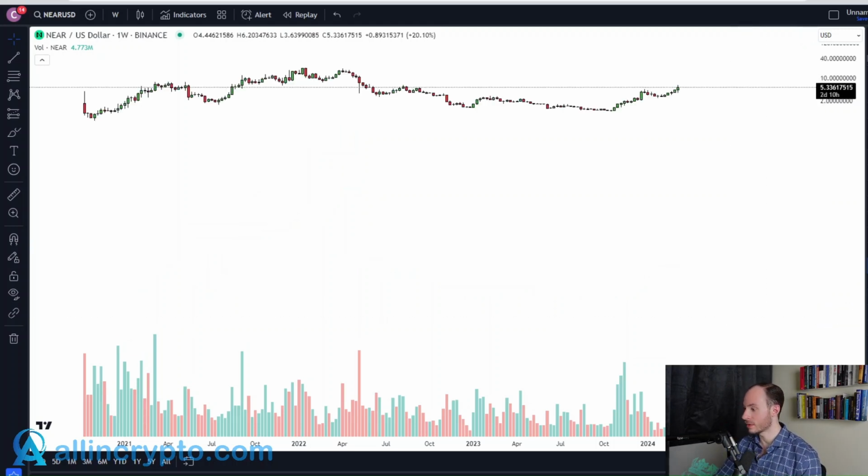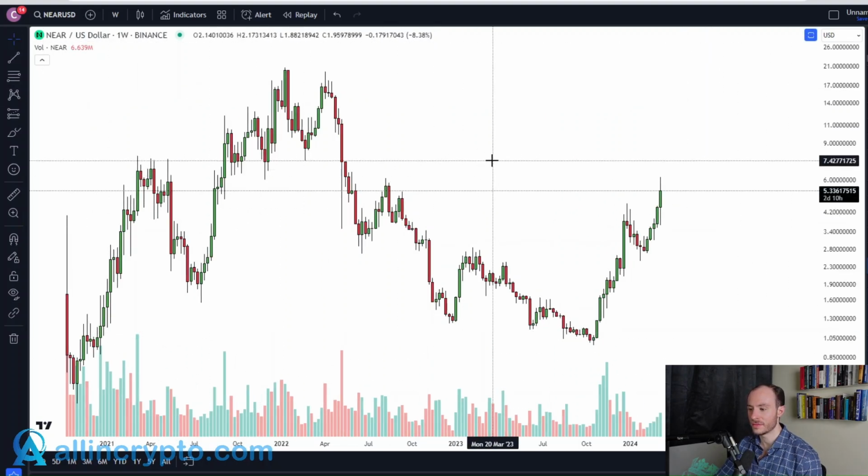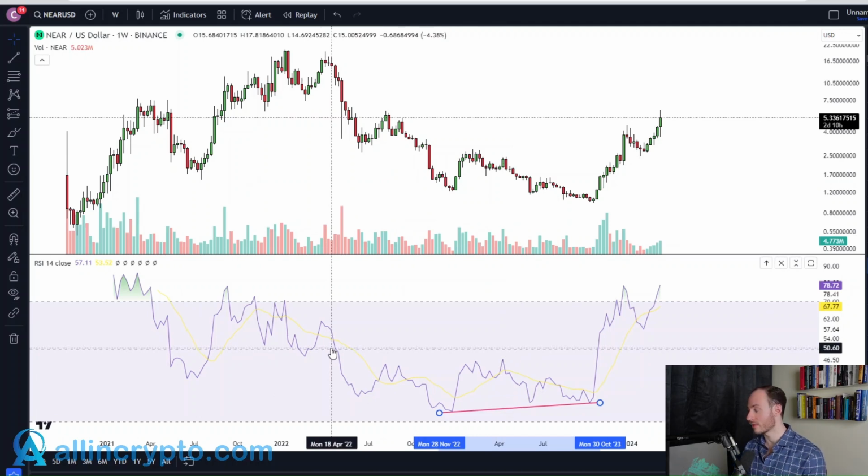So let's put it on log. I always find that looking at a chart on log does help us. Now, the first thing that I want to identify is the RSI. The RSI is a momentum-based indicator. When the RSI diverges on the weekly time frame, I'm not a fan of indicators and actually trading them, but I do use them to help me assess the bigger time frames and take a macro outlook on things,